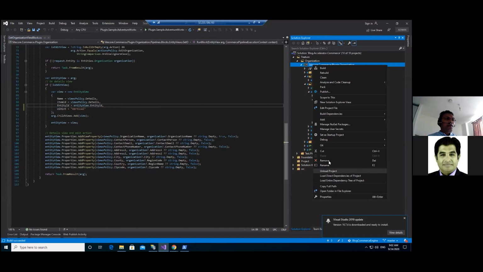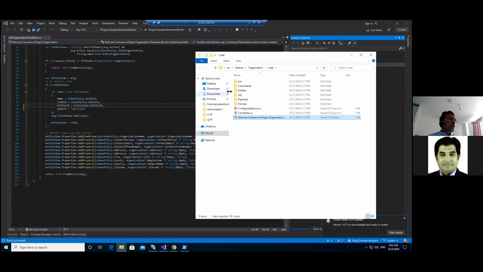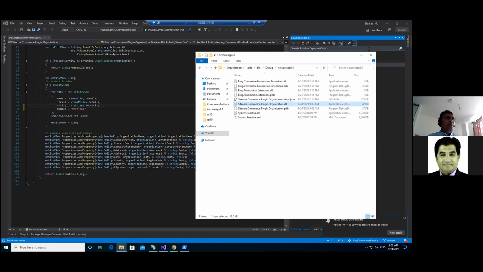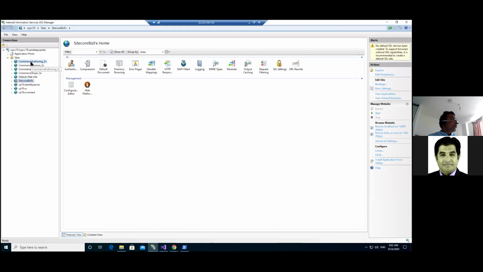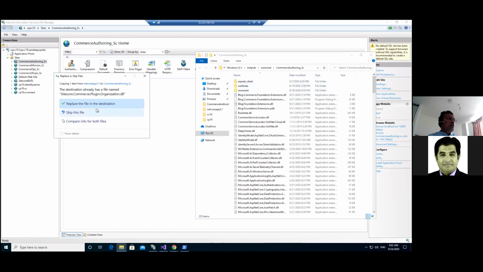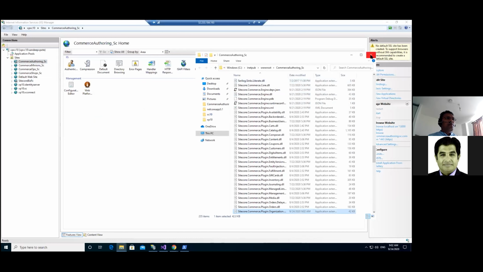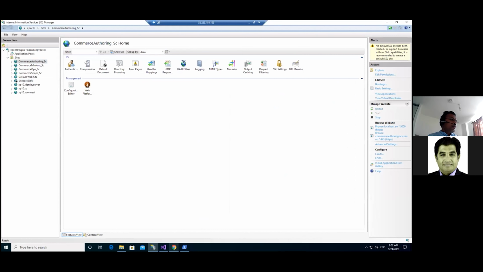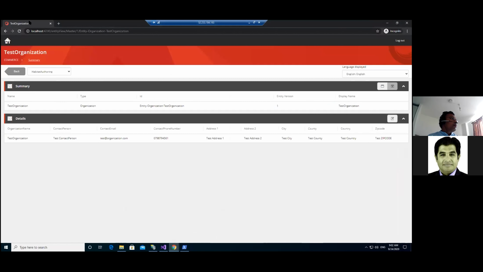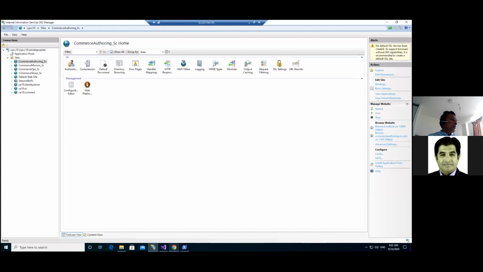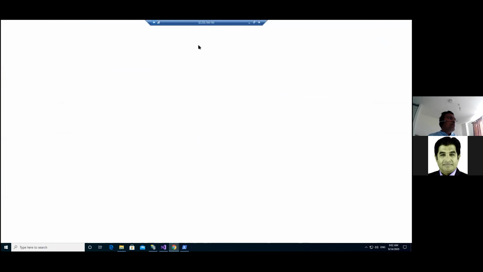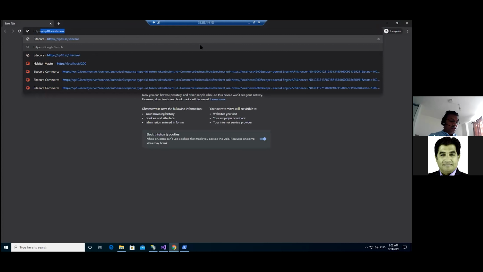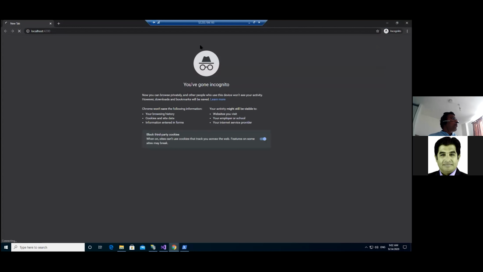Once we have that, I'll quickly copy the DLL file from Debug, stop your authoring site, paste it here, and start the site.